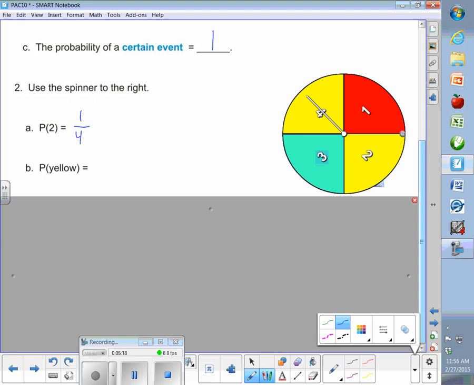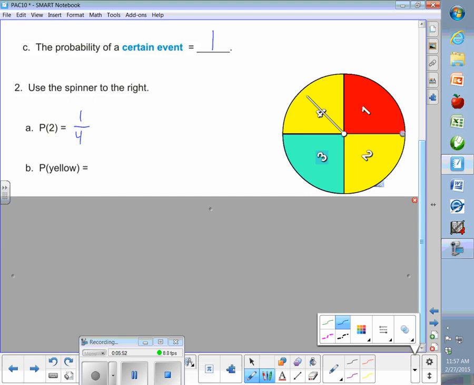It's not a real spinner. I wish I used to do this on an overhead and had a real spinner that I would just spin. Now, does that mean every 4 times I spin, one of them is going to be a 2? Is that what that means? No. I might spin 4 2s in a row. I could do that. It's possible. Is it probable? No, but it's possible. I could spin 8 2s in a row. It's possible. Is it probable? No.